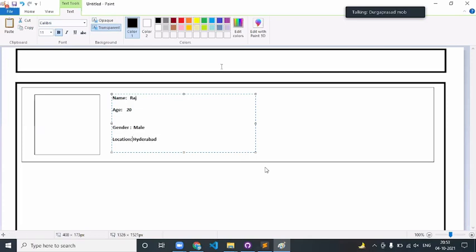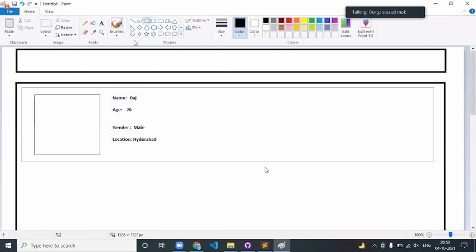Okay, something like this. So in between, if I put some image like this, something like this. Okay. Now let me make a copy of this.